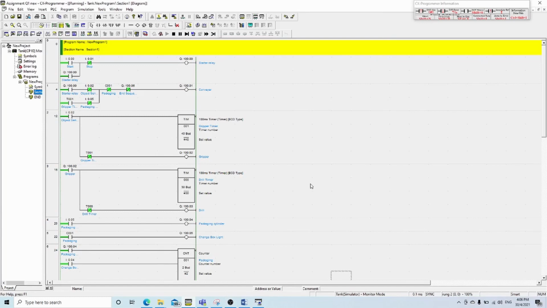This is the ladder diagram for the conventional method. When the start button is pressed, the conveyor will turn on and move the object to the drilling section. The sensor will detect the object and will turn on the timer